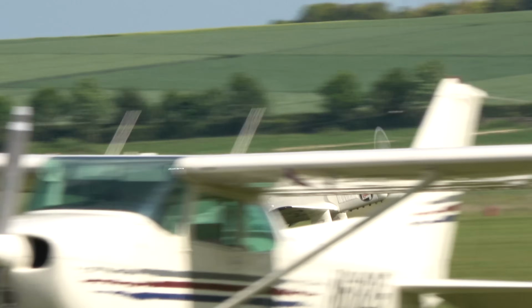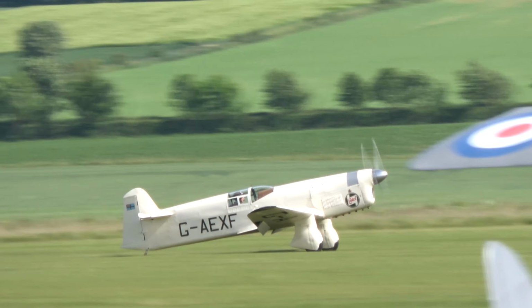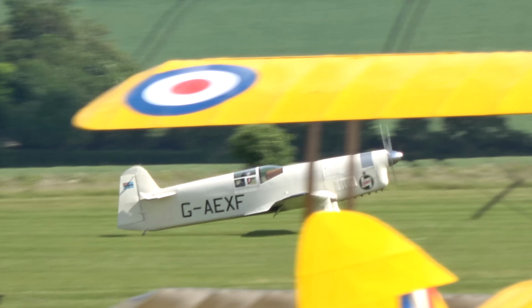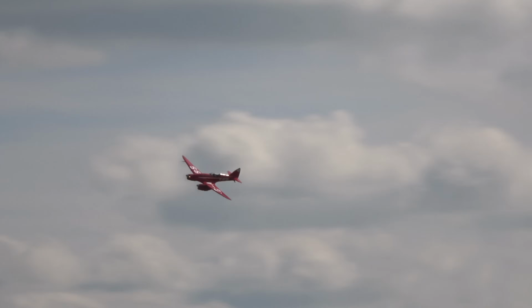Alex Henshaw's new Gull, as it will forever be known, rolling out on Duxford's grass. But now, a magnificent shape for the...